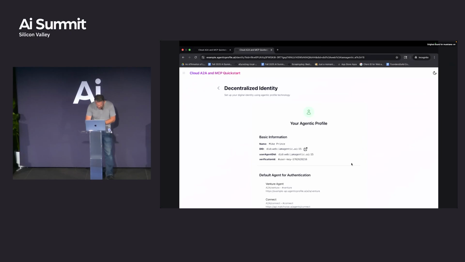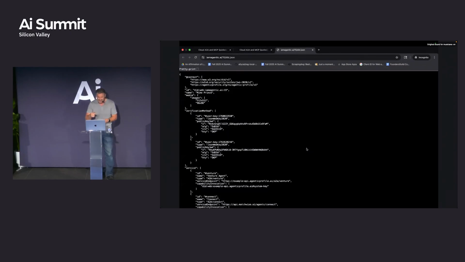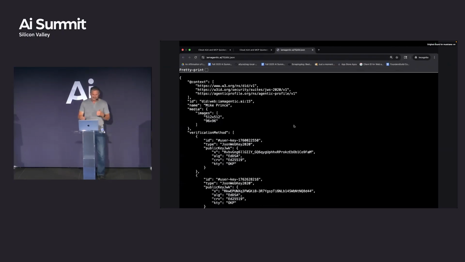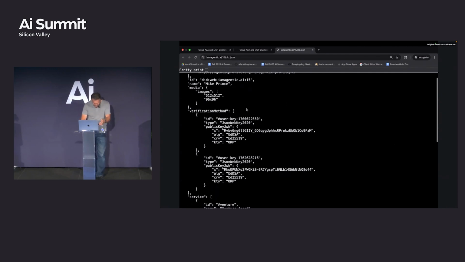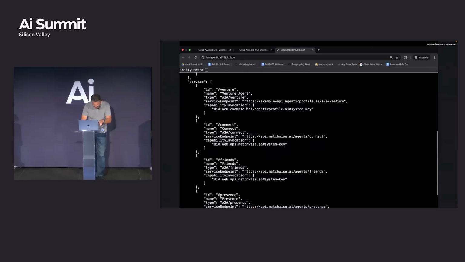And now if we want the final proof in the pudding, I just clicked on my DID. My DID resolved to this document here. And so this is actually the DID for one of my accounts here. Looks familiar from before. And I'm saying this is the 15 here, but in the verification methods up here, one of these two keys is the brand new one I just published. And so I think this one here said, let's see, no, that's not true. I added one for a service down here. So here's a venture service. So I just added this venture service a second ago. That's the top of the screen right now.